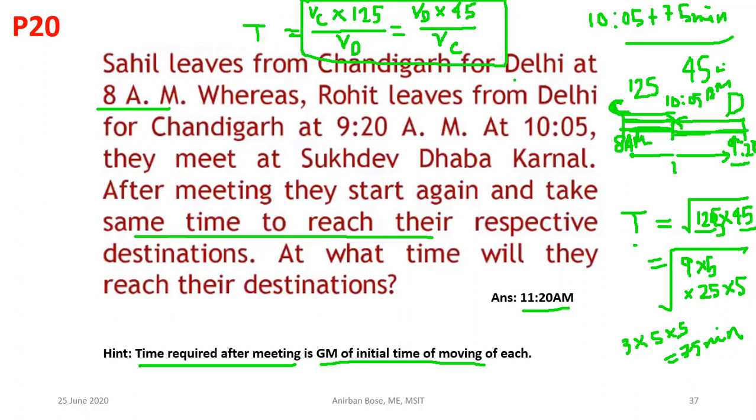So from here you can definitely find out what is VD by VC. Once you know VD by VC, just put it in any one of the expressions and you can find out this time, and you will get the same answer. Okay,